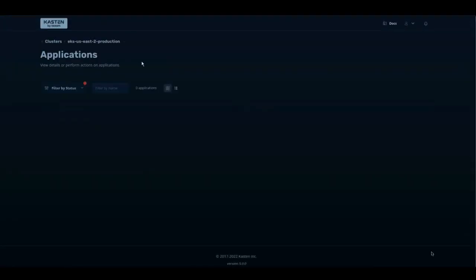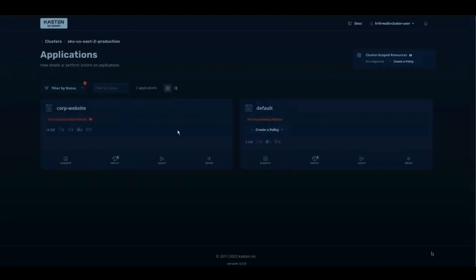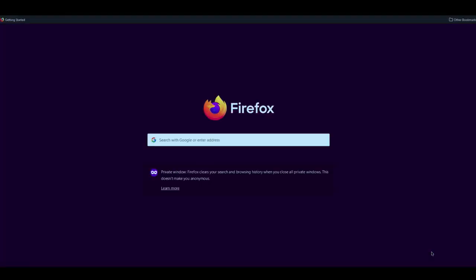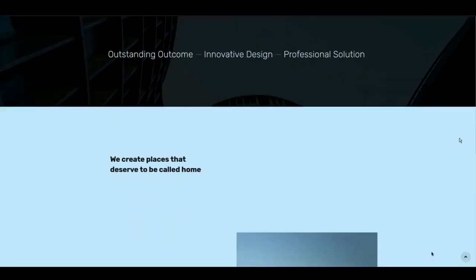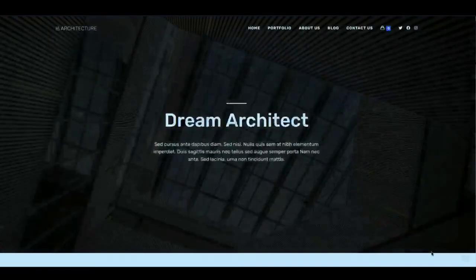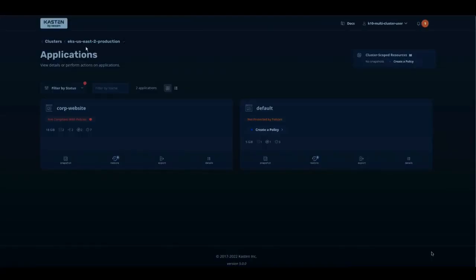We're jumping over to our public cloud EKS. And now, just to prove that this application is only running in the public cloud, let's jump over to our website. And now here it is. This is running up in the EKS, from EKS up in the public cloud. We've now migrated from on-prem up to the public cloud for production with Kasten K10.